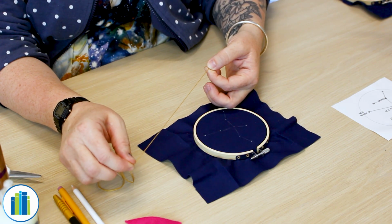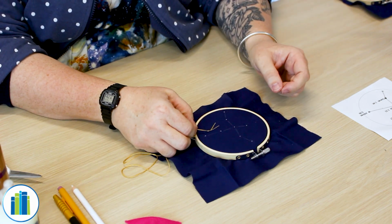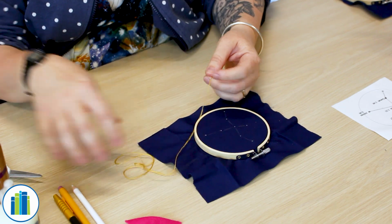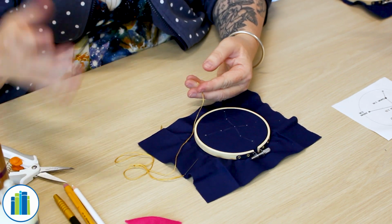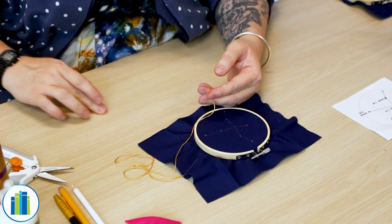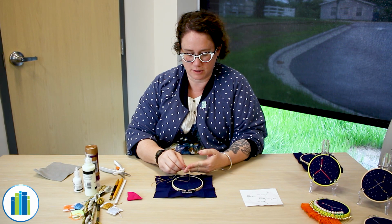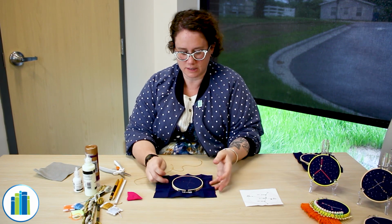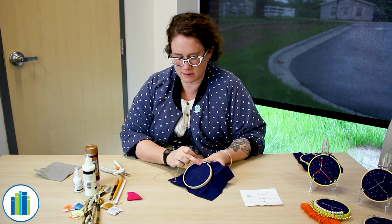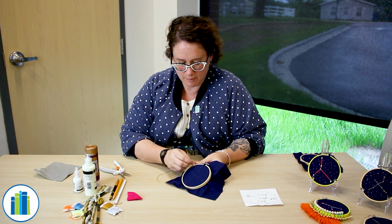You don't get it too tangled on the end. And there you go, you have a knot right there. And you can trim that a little bit shorter if you like. You can also just do an overhand knot. You don't have to do that fancy one, and it doesn't need to be a huge knot or anything. But there's that. So I'm going to start at this top star here, and we're going to come up through the